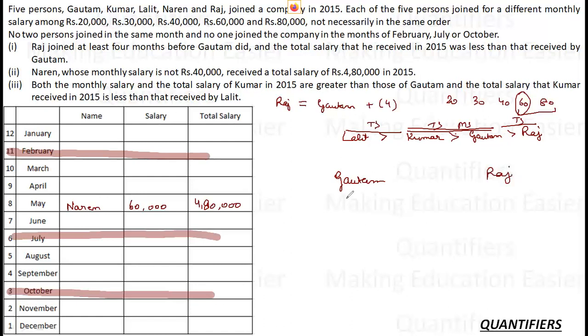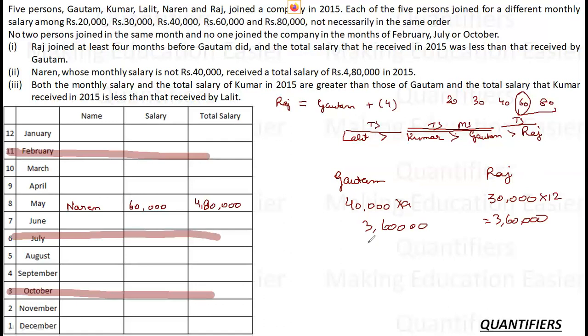Let's say Gautam is drawing a salary of 40,000 and Raj is drawing a salary of, let's say, 30,000. Because Raj has to be less than this. Only then Raj working more will be able to achieve less. Then, in how many months will their salary be equal? If he is working for n plus 4 months at least, how many months will they be equal? A bit of a hint: trial, 9 and 12. At 9 and 12 they will be equal. So it will be 3,60,000.